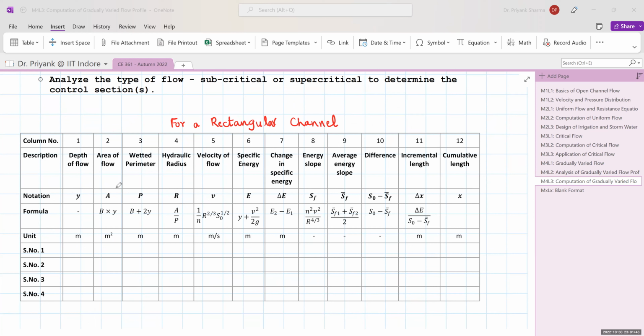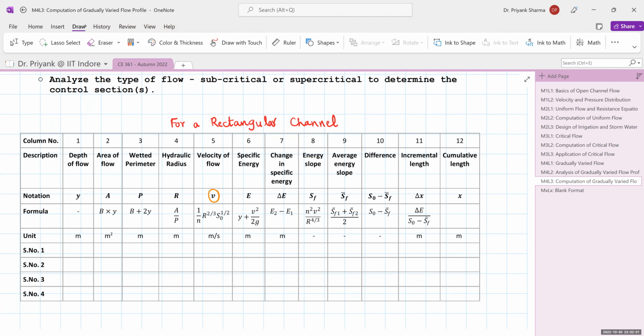Now I'm demonstrating for a rectangular channel. So then you compute the area of flow, that is b into y. Then you have the wetted perimeter, b plus 2y. Then you have the hydraulic radius, A by P. Now then you need to compute the